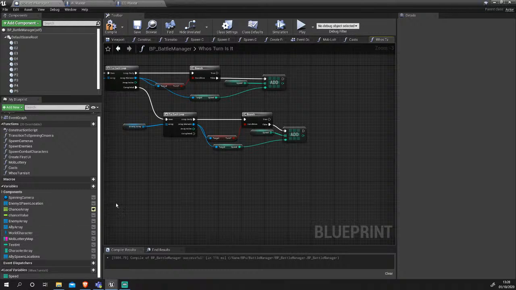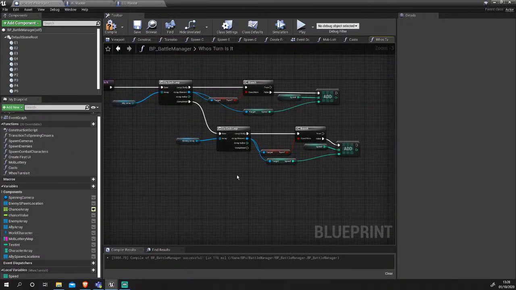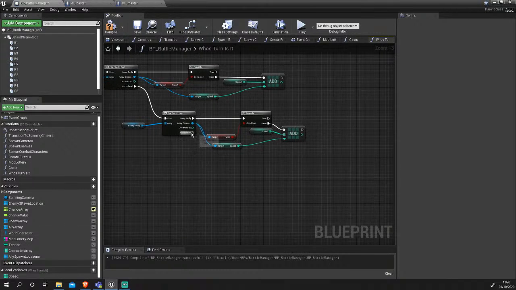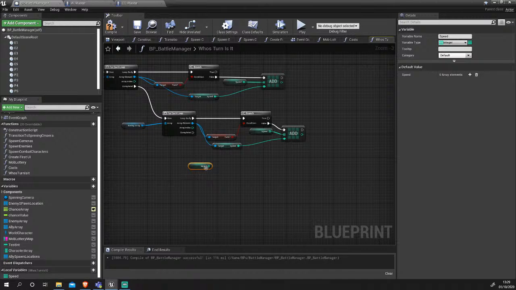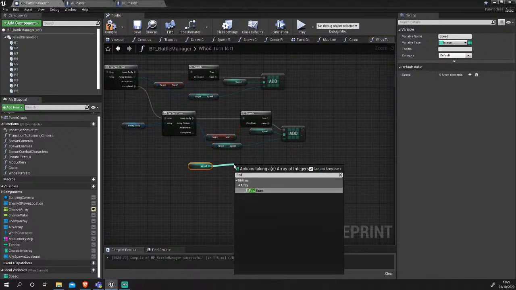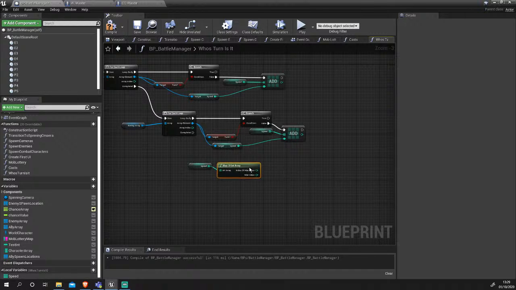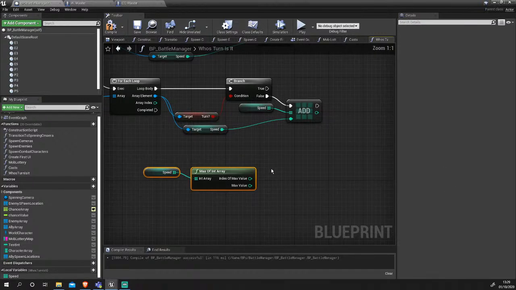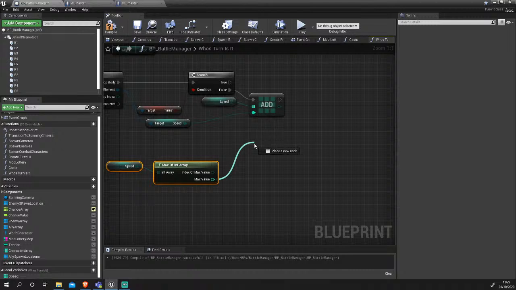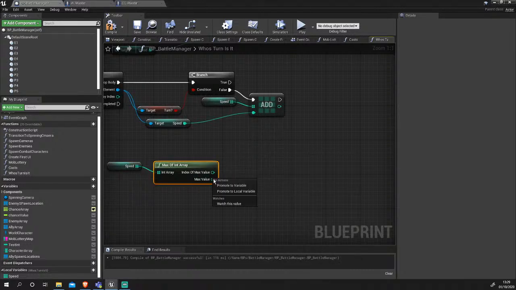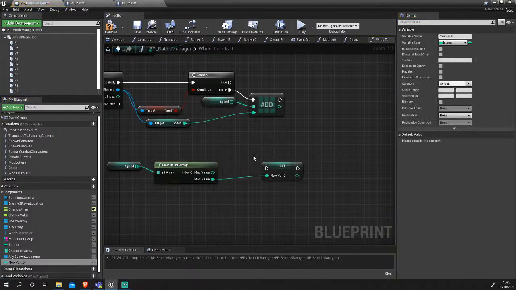So once we've gathered everyone's speed, we then want to say who's got the highest. So on complete on here, we will find the max, get the max integer of this, not the index but the value, and we'll say